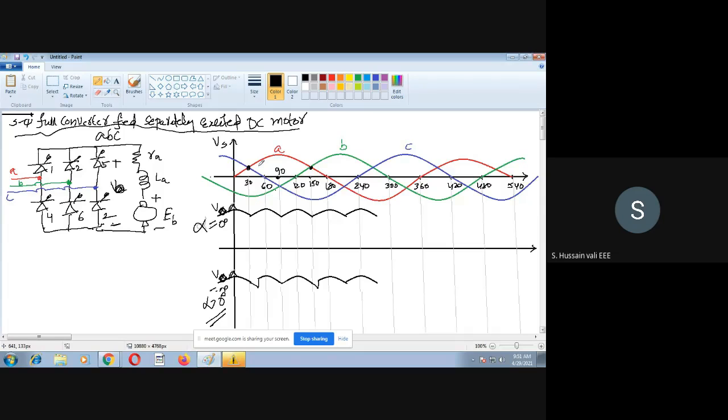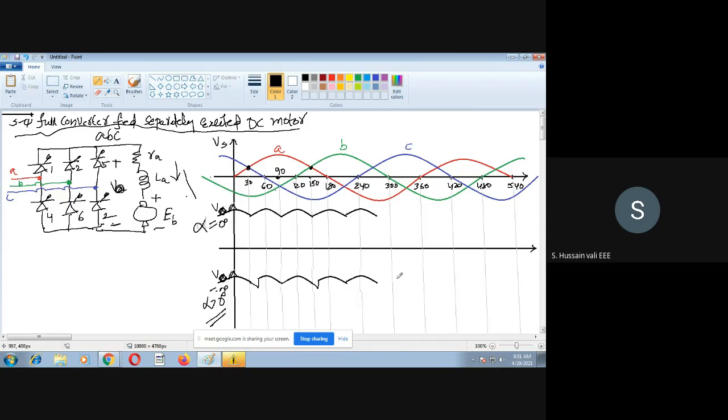Because of the inductor in the load, because of the armature inductance, the conduction will be extended further. When it is extended further, you will get a waveform different from the previous one. Now I'm not going to draw the remaining waveforms, because you can go through how I drew them in the last class and practice it, so that you get the remaining waveforms for alpha 30, alpha 90, alpha 120, for the remaining angles.